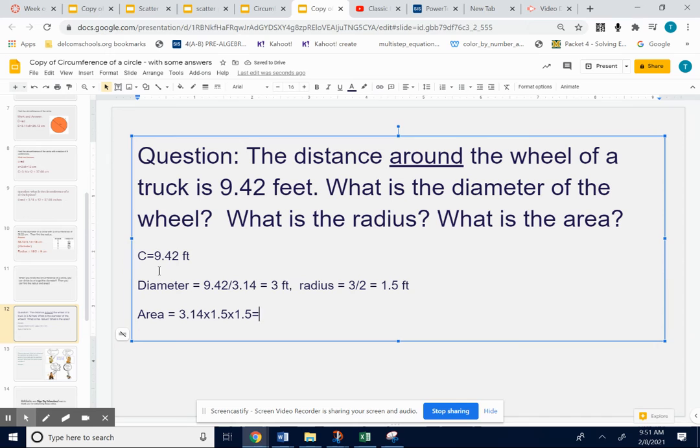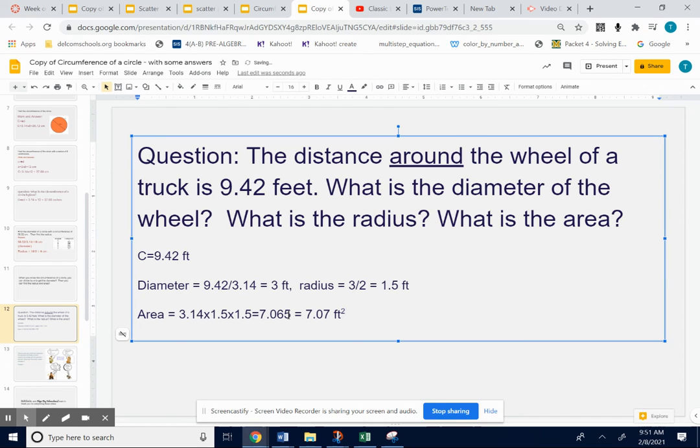So using my calculator for that, I get 7.065 feet squared. But you know what? Since everything has been to the hundredths, we've always been getting answers for the most part with area and circumference to the hundredths. I'm going to round that to the hundredth. So 7.06 or 7.07. I'm going to make that 7.07, because that 5 to the right of where I want it to round is 5 or bigger, so you round up. So 7.07 feet